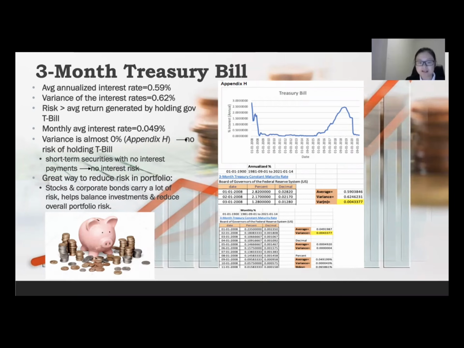Therefore, when converting the annualized interest rates to monthly interest rates, you can see that there is no risk of holding a Treasury bill. This is because they are short-term securities with no interest payments. Hence, there is no interest risk. This is a great way to reduce risk in the portfolio. Since stocks and corporate bonds carry a lot of risk, T-bills can help balance the investments and reduce the overall